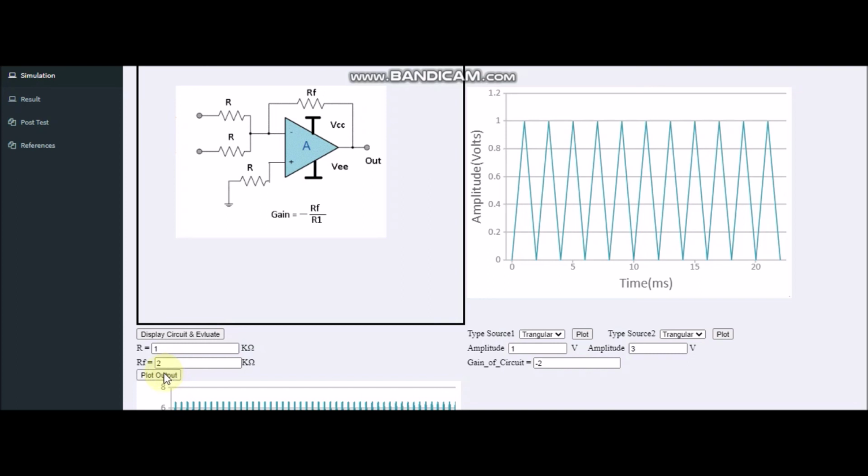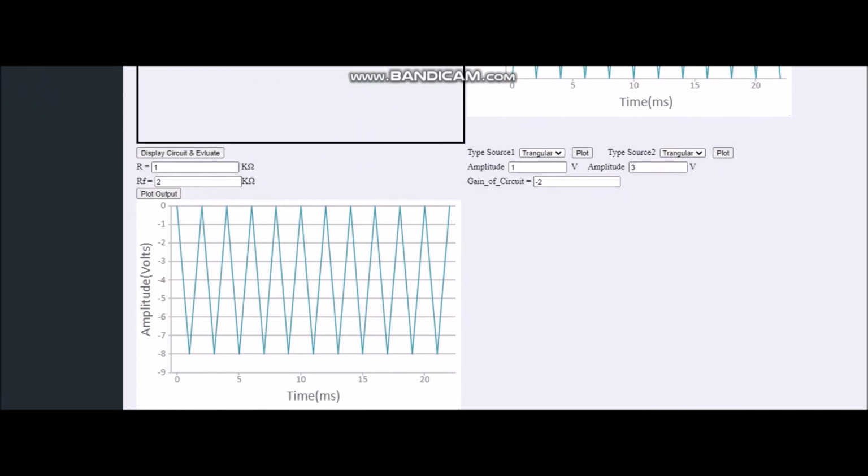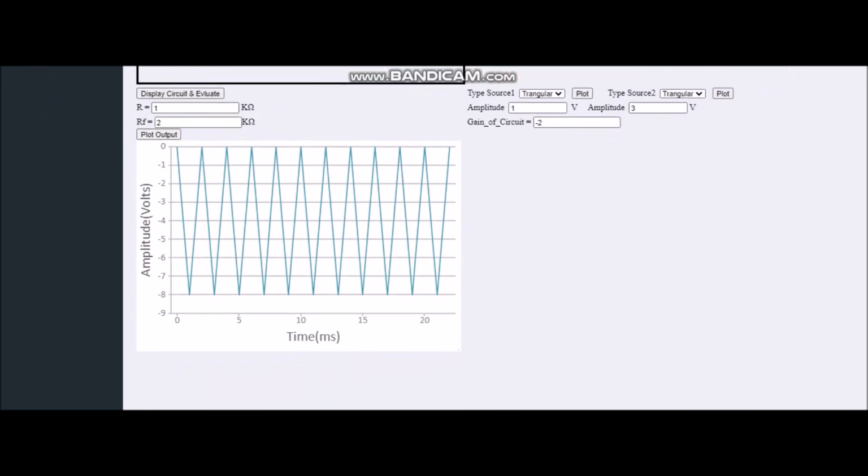Now let us see the plot output. You should observe how the sign is changing. It is a positive signal, 0 to 1 and 0 to 3. Now 3 plus 1 is 4, and 4 multiplied by the gain should be 8, and we are getting that as a negative value.